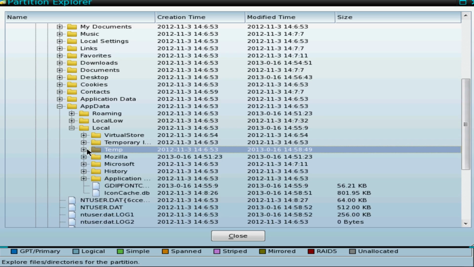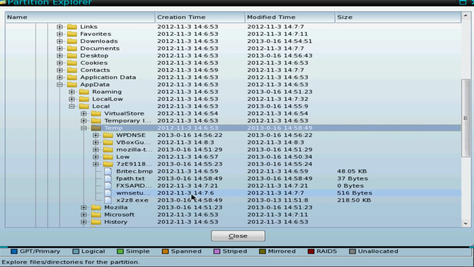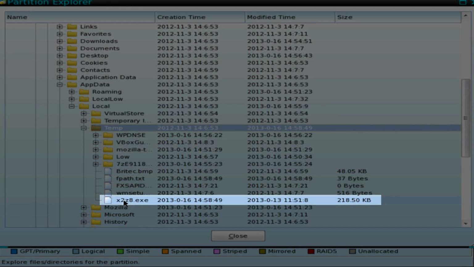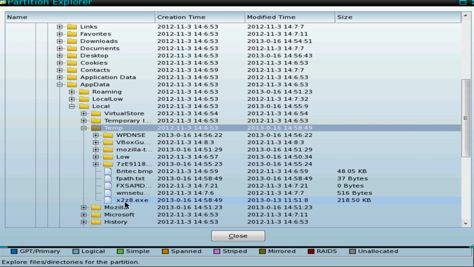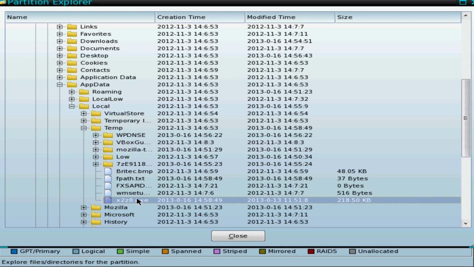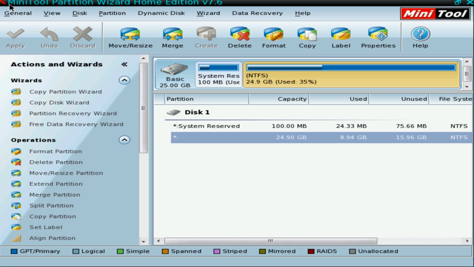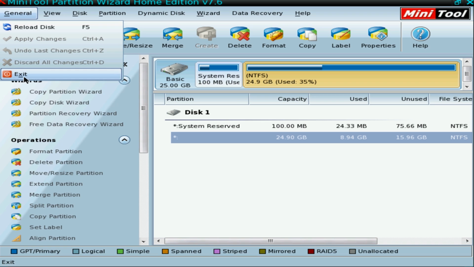Inside temp there is a file that we need to remove, which is this file. Okay, this is the file x2z8.exe, and that is the file we need to remove from the system before it reboots. So let's exit out of the system, go up to general here and then click exit